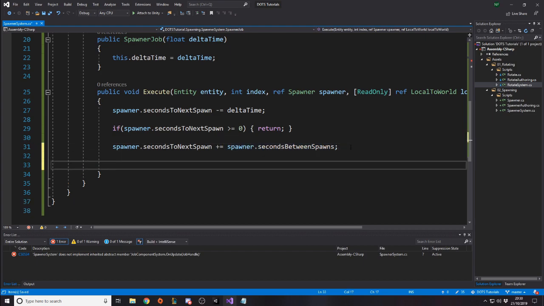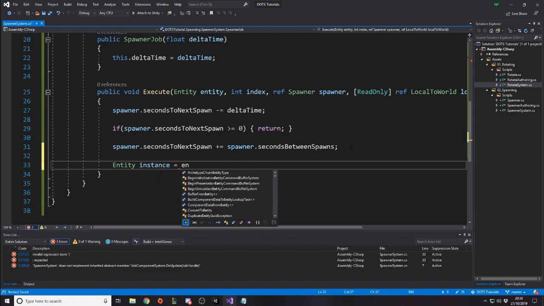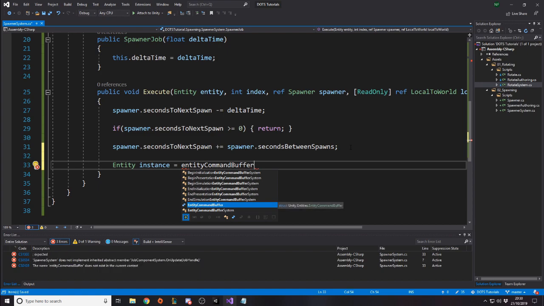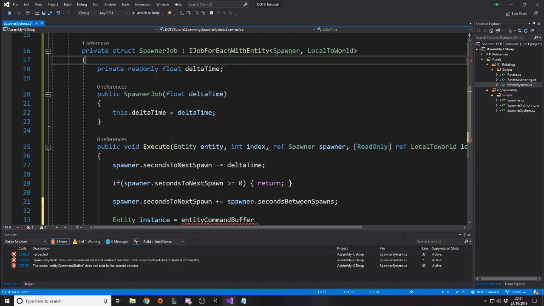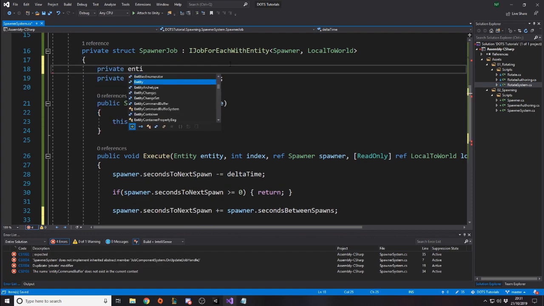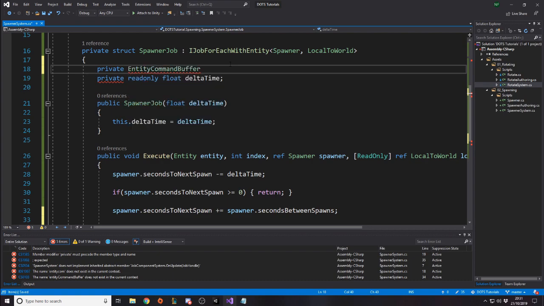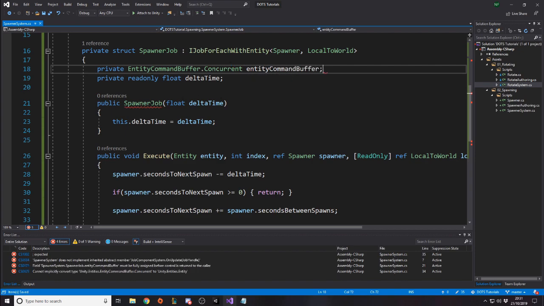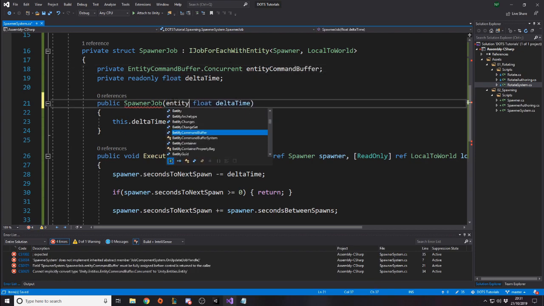And then after this, we want to spawn something in. So to spawn something in, we'll say Entity, and make sure it's the Entity class. We'll call it instance. And that's equal to the entity command buffer, right, which we don't have access to. So let's now add this as a field. So we're going to have a private EntityCommandBuffer.Concurrent, because there's different kinds of entity command buffer. And then we'll just say here the entityCommandBuffer,